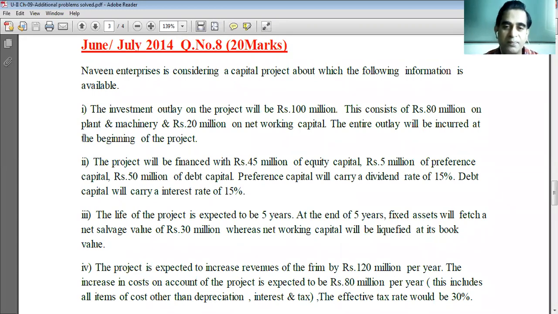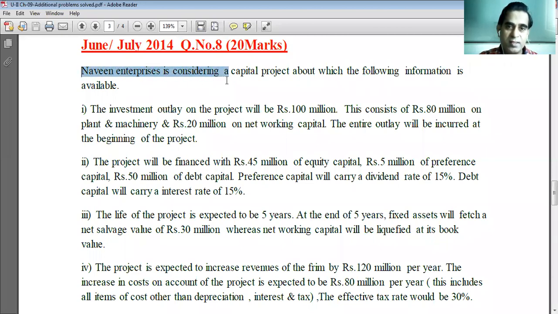Time value of money. There are so many techniques and so many cases, so you may get confused. But there also, I told you, you have to read the English sentence and try to understand whether the present value has to be converted into future or future value has to be converted into present. Depending on that, you can choose the technique. Okay, so pay attention. I'll read the problem.